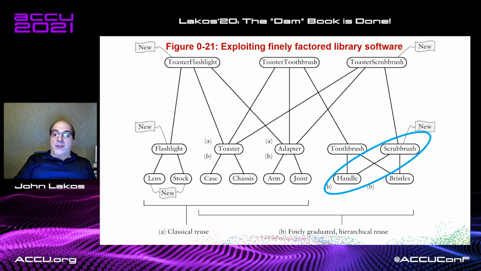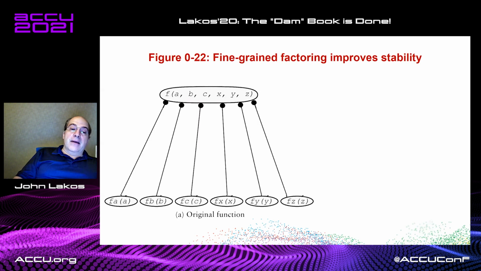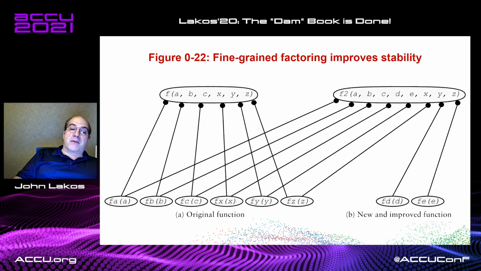You see how the scrub brush is using the handle and bristles. Okay. So next, the way we would design something, if we were designing a function taking many arguments, we could design it this way with 6 parameters, and each of them would then depend on each of these individual pieces. That would be better, because if we do that, then it's possible we can extend it and reuse the bits individually. If we have only the one function, then we have to copy paste the function to function 2, and